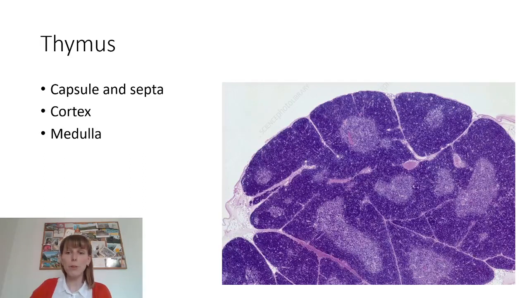So now the thymus. So thymus again has a capsule, so still capsulated, but this time it's a primary lymphatic organ, and it doesn't have trabecules, but it has septa, which is similar. But